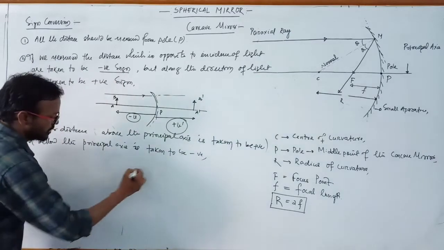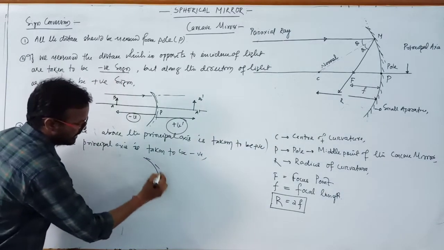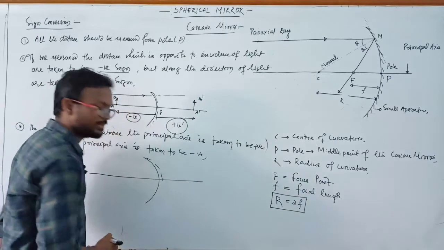That means suppose there is a concave mirror like this, and this is the principal axis, and